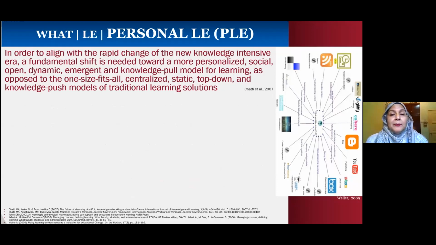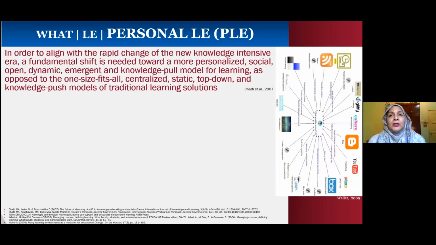task. The personal learning environment is another type of environment. In order to align with the rapid changes of the new knowledge intensive era, a fundamental shift is needed towards a more personalized, social, open, dynamic, emergent, and knowledge pull model, in which the students pull the knowledge towards themselves, as opposed to the one size fits all centralized, static, top-down, and knowledge push models, in which practically the teachers are pushing the knowledge towards the students and thinking that whatever they have told the students will be learned by the